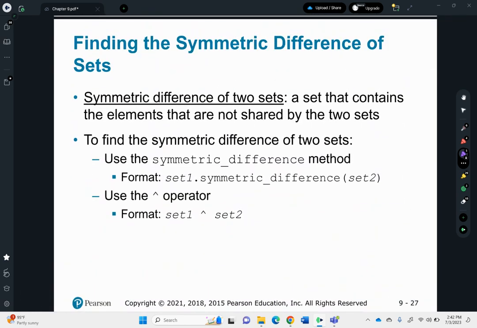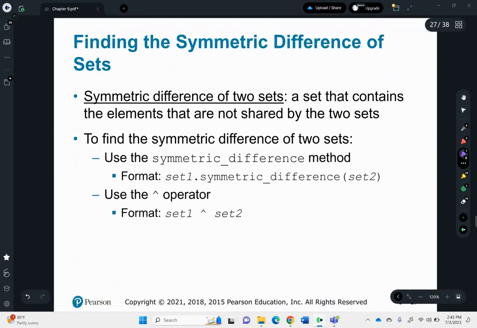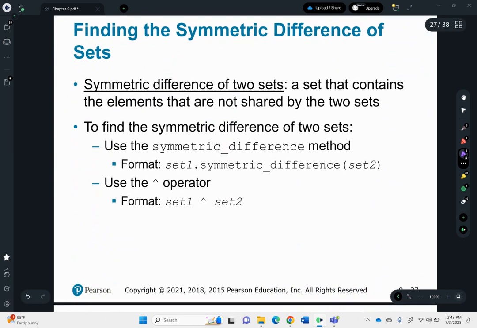Find the symmetric difference of sets. Professor Waits, what's the difference between symmetric and just difference? Well, in a symmetric difference, you're going to get a list, or a set where the elements are not shared